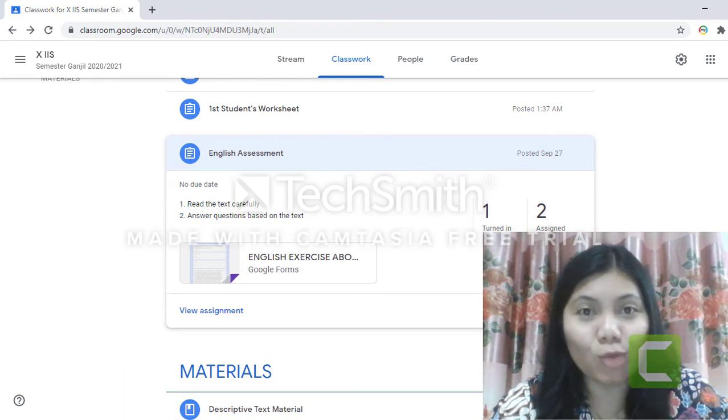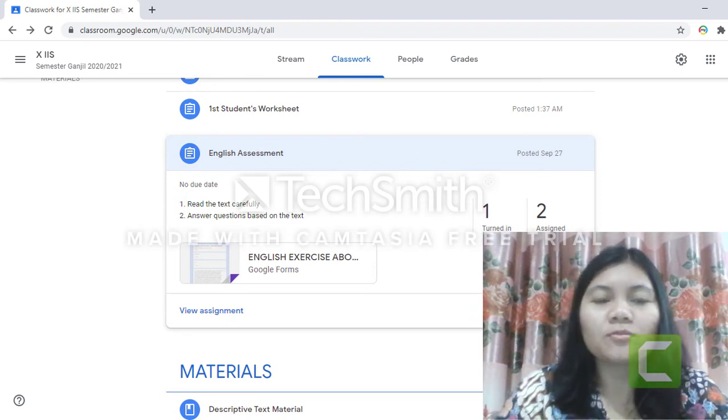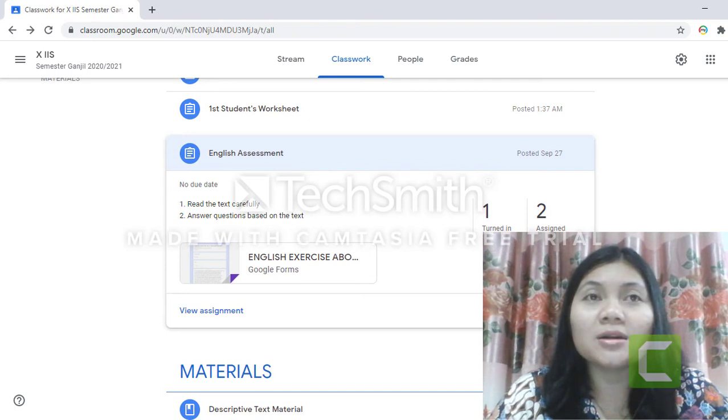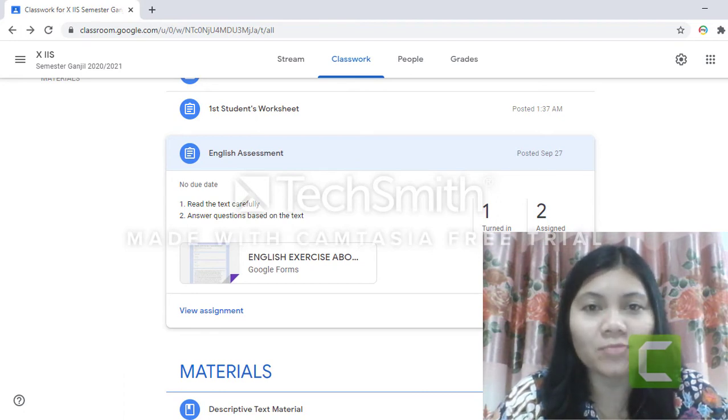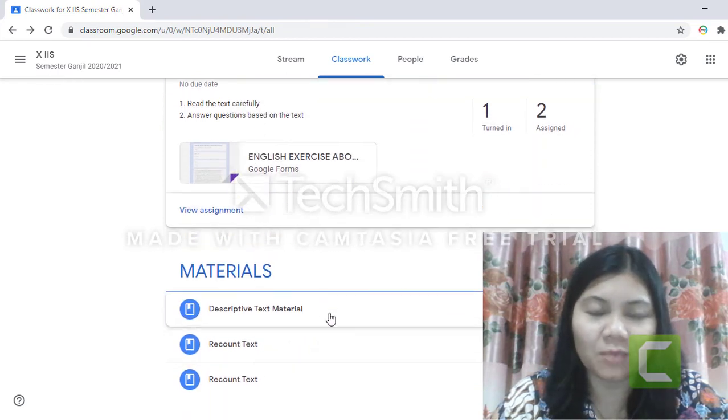Ini masih menggunakan kelompok yang sebelumnya ya. Jadi nanti silahkan lanjutkan projectnya berdasarkan dengan kelompok tadi. Lalu buat, I will send the rubric. Jadi saya akan mengirimkan rubriknya in your Google Classroom and also in your WhatsApp group. Jadi apa saja karakteristik yang akan dinilai dalam video ini. Nanti saya akan kirimkan rubriknya. Don't forget, if you don't understand or are not really clear about the project, just ask me.